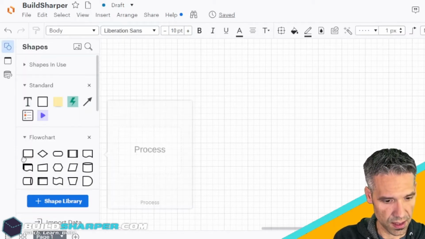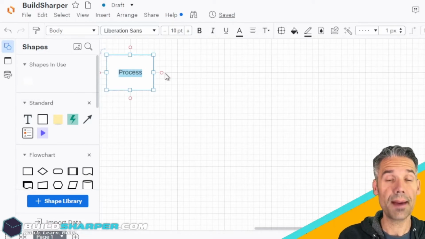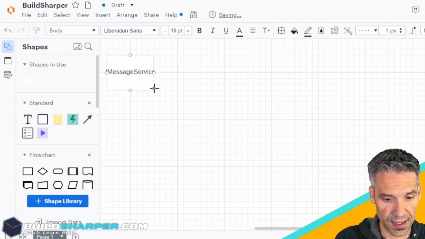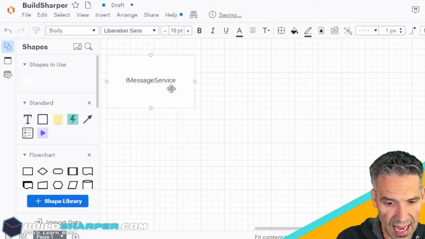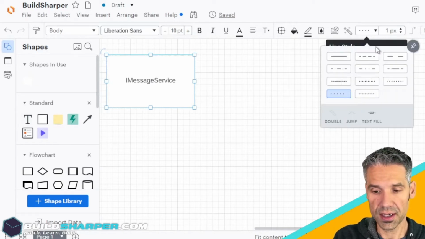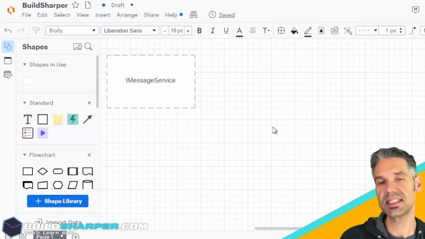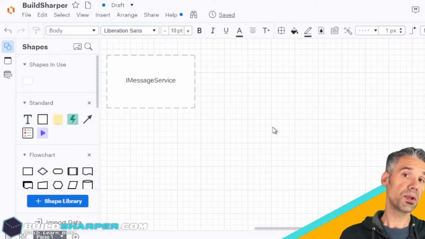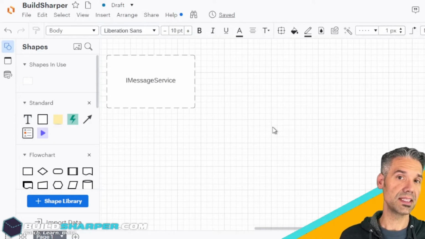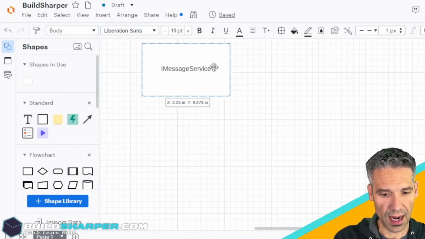Okay, so let's get a little box going here. And all interfaces in C# start with a capital I. So IMessageService is our interface. And since it's an interface, an abstract construct, I'm going to use dots or dashes to outline it because it's not something we can call directly. It's purely an interface that we can interact with in our code without referencing a specific implementation. And we'll get into what that means in just a minute. So for now, we have our IMessageService,